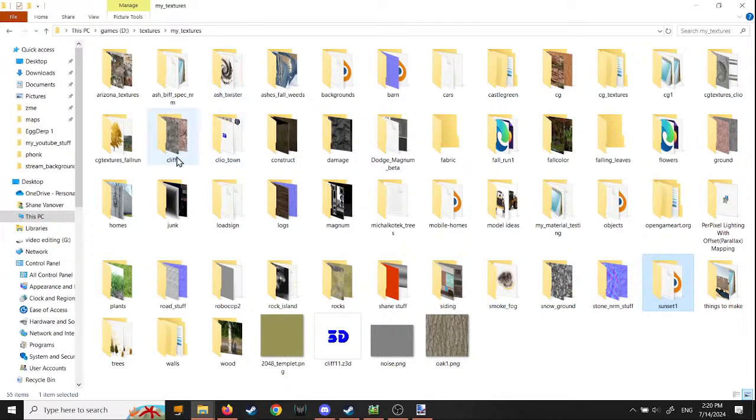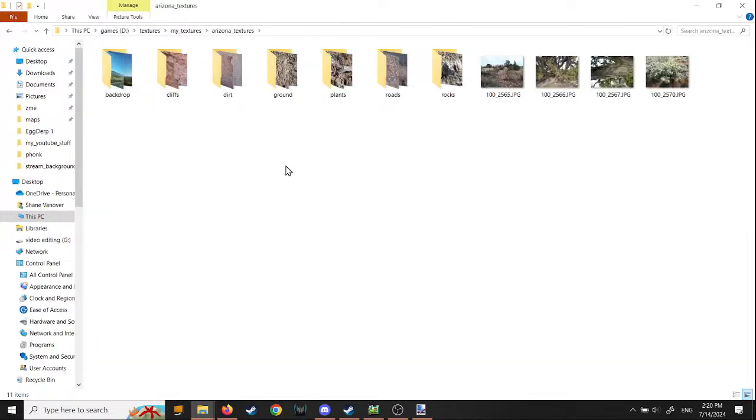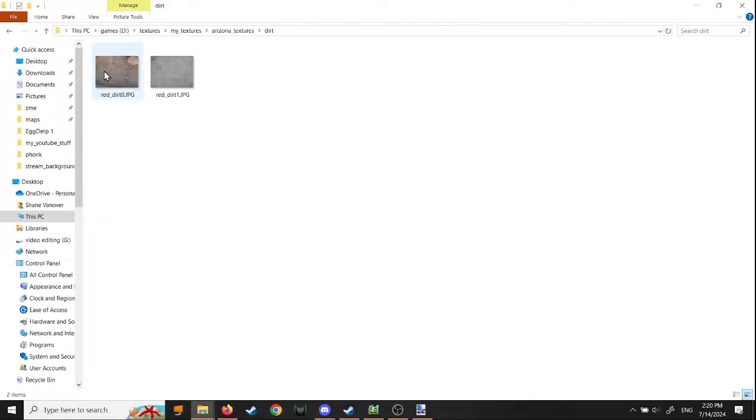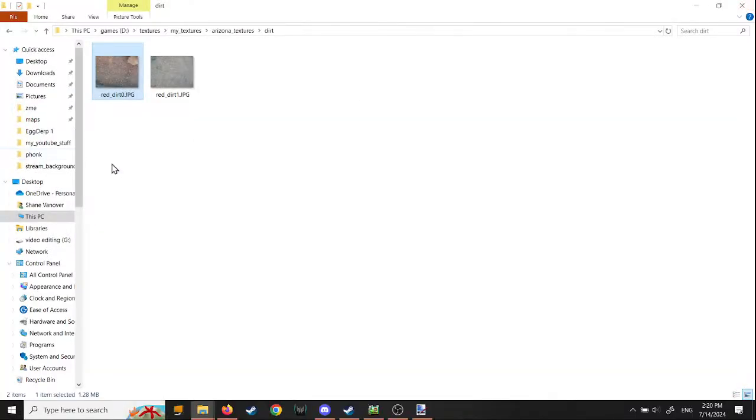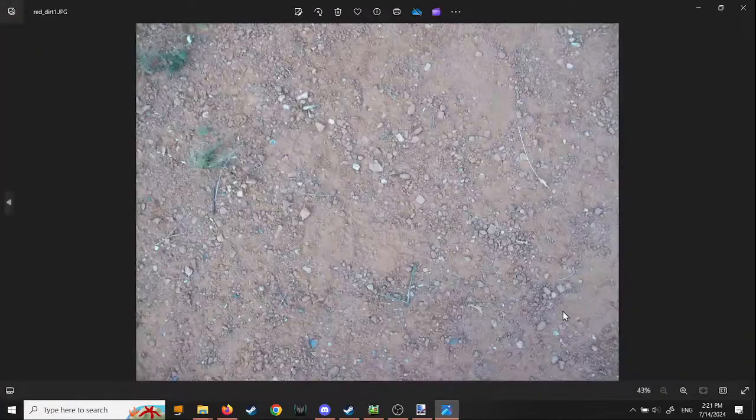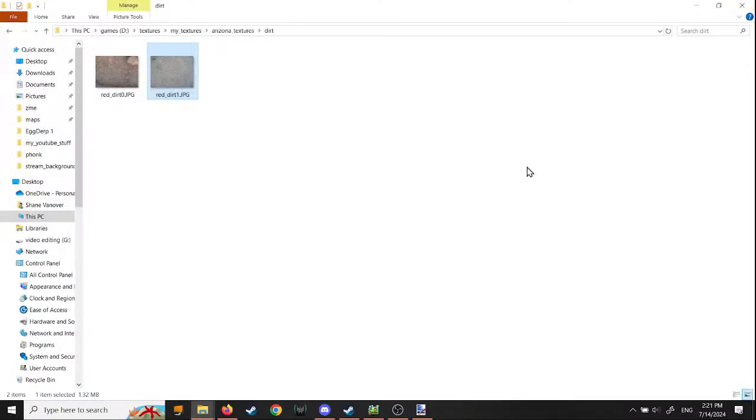So this is all stuff that I've done. Textures and things. Arizona textures. It's like photos that I've taken and turned into seamless textures. Like this is a photo of the ground, you know. I've turned these into